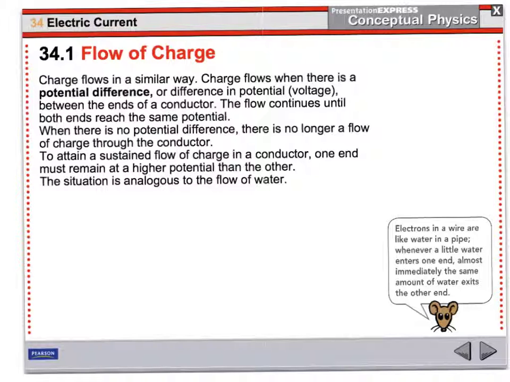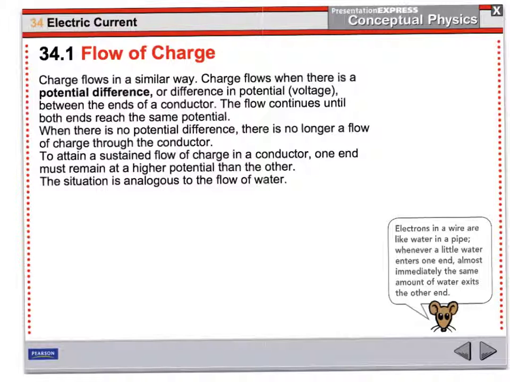Voltage is also known as electric potential. Anytime there is a difference in voltage, or electric potential, current will flow, charge will flow. So anytime you have a difference in voltage from one spot to another, and there's a conducting path between the two spots, you will have flow of charge. The flow of charge will continue until the difference in potential, the potential difference, is zero, until there's a common